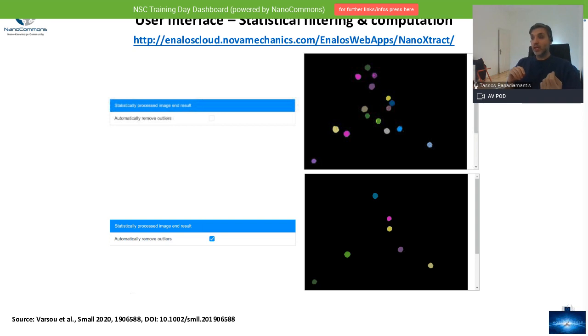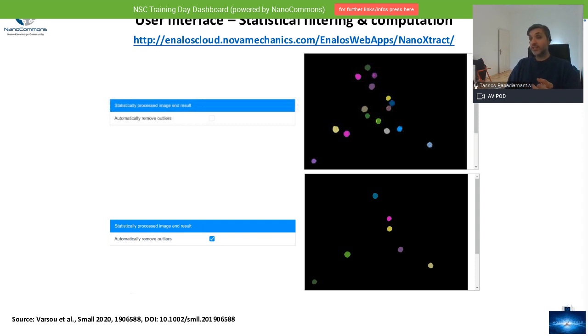This has the problem, on the one hand, that if your nanomaterial deviates from the normal range for one of the 18 descriptors, then it will be eliminated. On the other hand, it's very useful when you reach this point and for some reason you are not able to eliminate things like scale bars because of the strong contrast between the bar and the background of the image and so on. In this case, the tool would pick all these things up and eliminate them so you can perform the calculations.